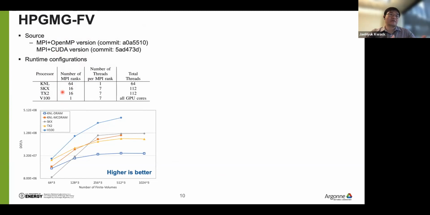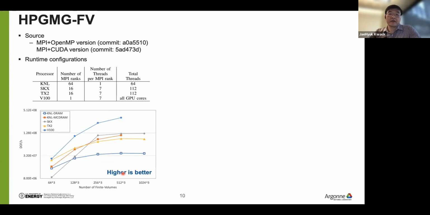Instead, we tested a very different combination of runtime configurations, and then we chose the best one for each architecture. For the input side, we also chose a wide range of inputs. Then we chose the input on which we can run all the architectures and get the best performance. In this case, we use the 512Q problem for HPGMG, and for other applications we did a similar approach: testing multiple runtime configurations and multiple inputs, and then choosing the common input which shows the best